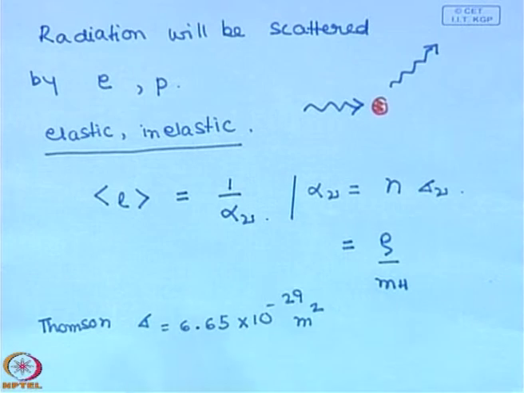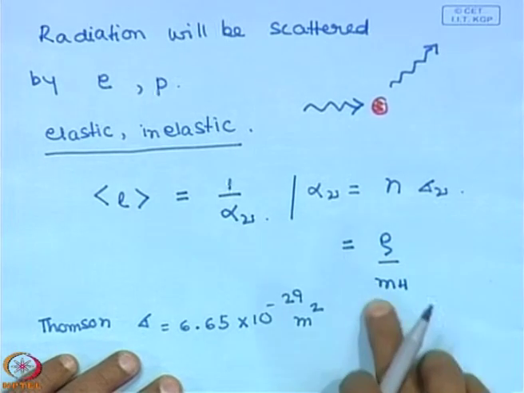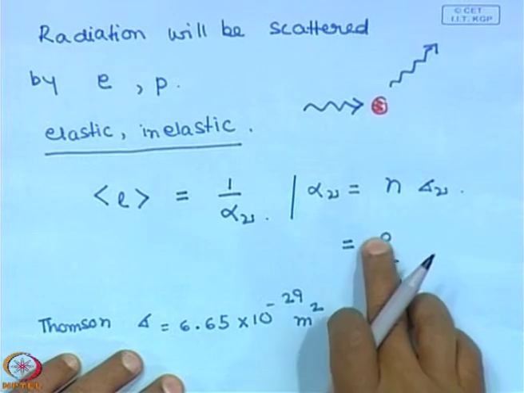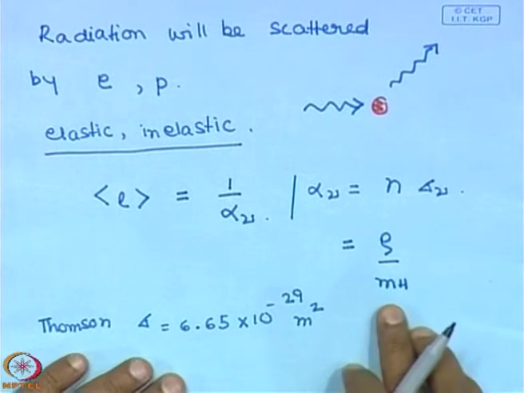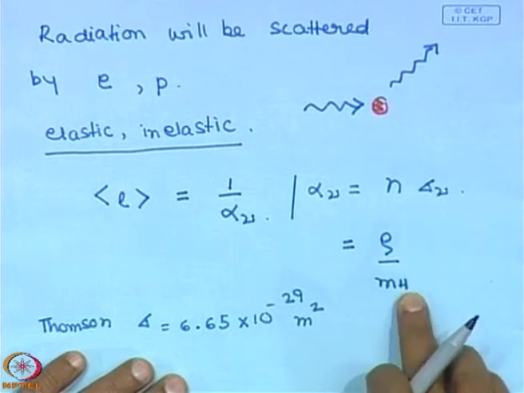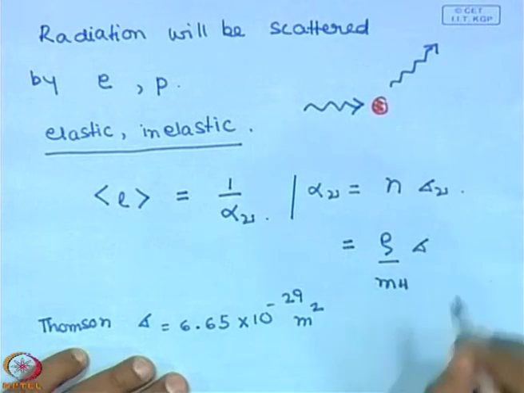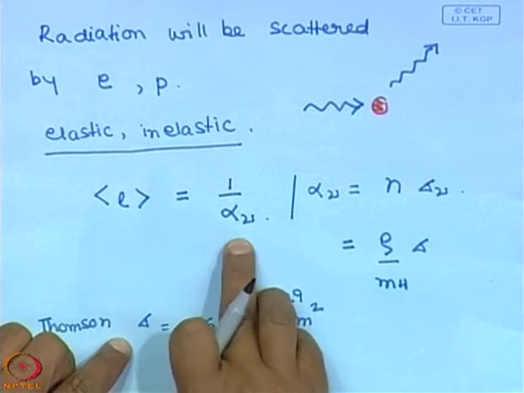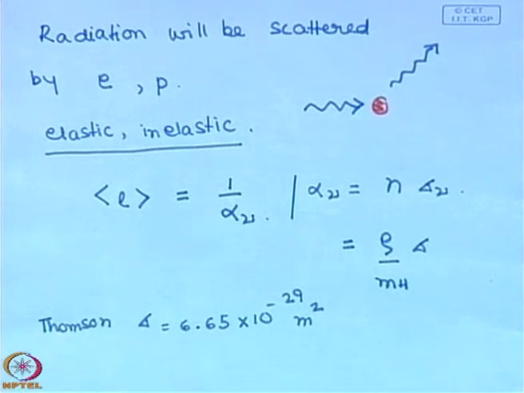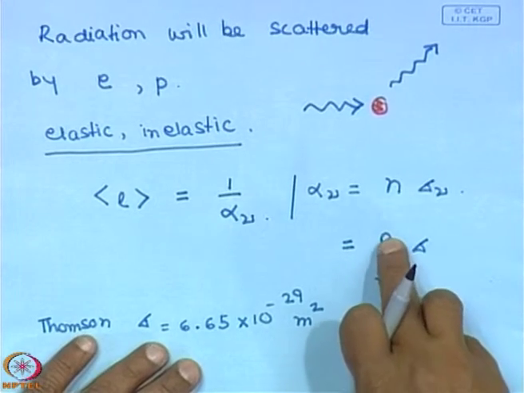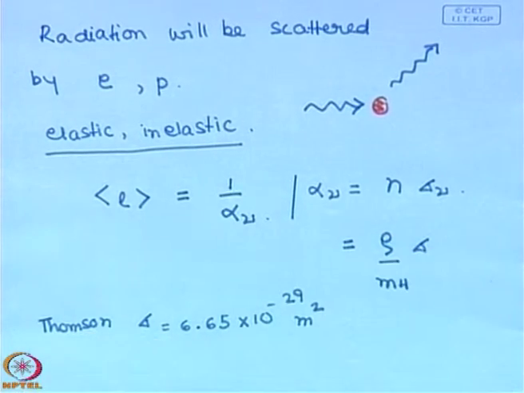So, the electrons inside the sun will scatter the radiation, and the number density of electrons is the same as the number density of hydrogen atoms, because it is all ionized, singly ionized. So, it is the density divided by the mass of a hydrogen atom, times the value of sigma. This will give me the absorption coefficient, and 1 by this absorption coefficient will give me the mean free path. We have already estimated these numbers, so you put them in here, and the mean free path comes out to be